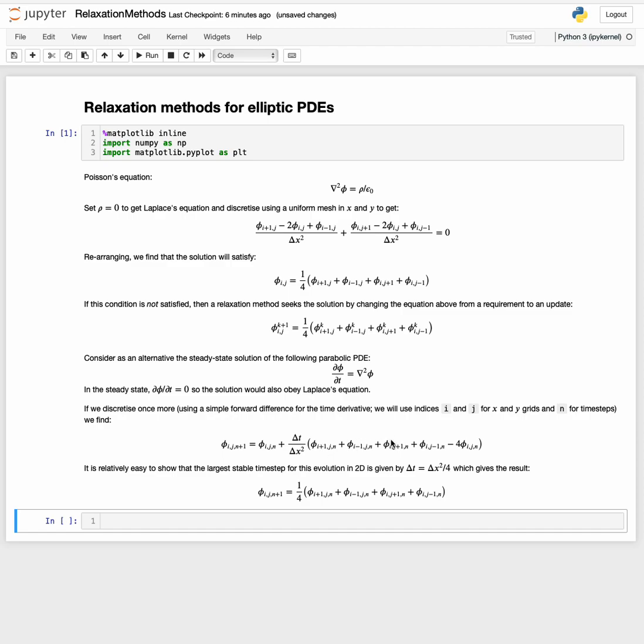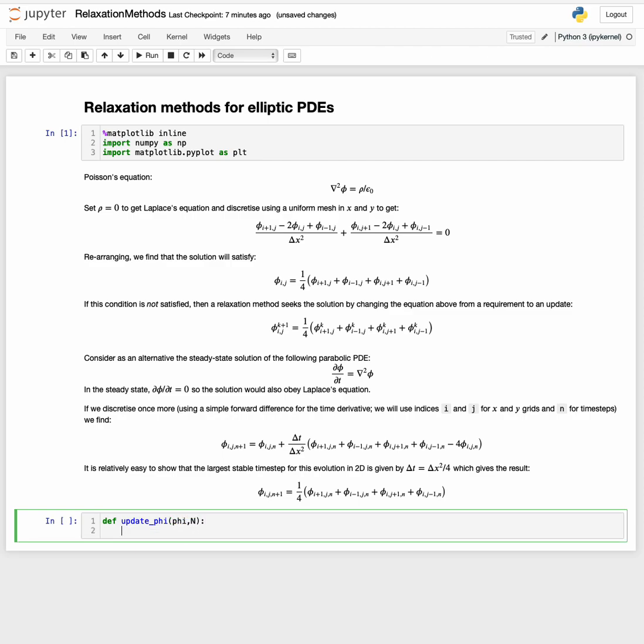But you should note that in this case, for the relaxation methods, there is no actual significance to the time evolution in this situation. That was just a way of helping us see it. So let's write a routine. We'll update the phi, we'll take in a copy of phi, and we'll say that it's a square grid